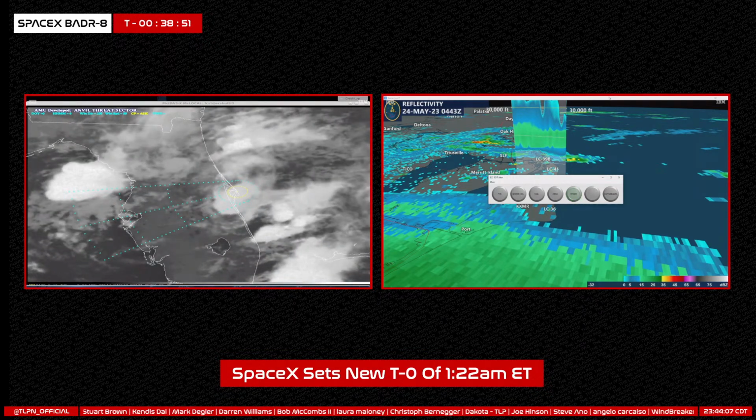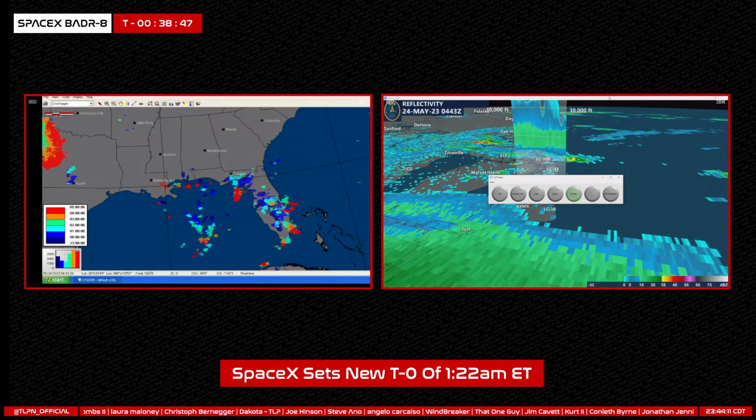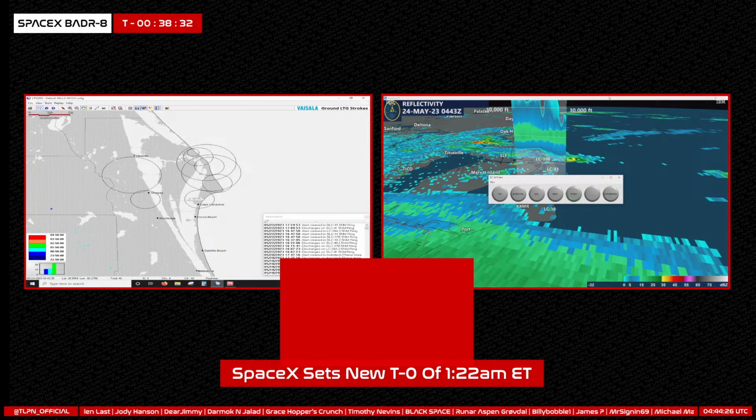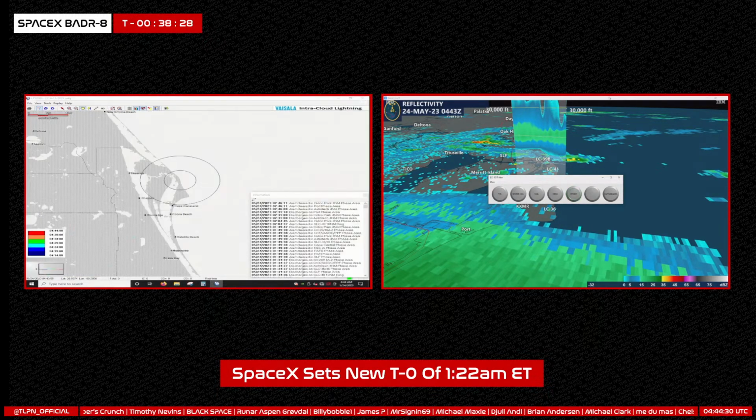They have started mission control audio. So, in good old-fashioned SpaceX fashion, they are going to run the clock this evening. Something that I'm not sure we were all fully hoping they were going to do. But they are running the clock tonight, and we'll be keeping a listen in here onto the mission control audio